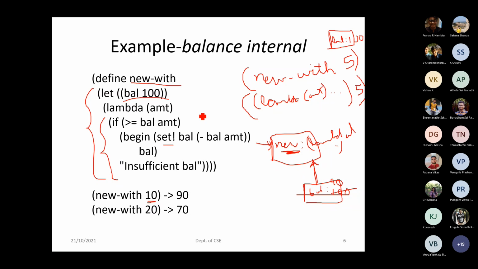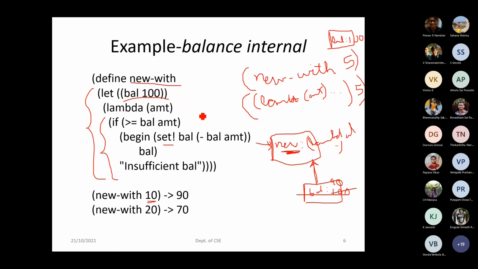It's the same as your for loop concept. When you are visualizing your for loop, when we say it's a loop, you are expecting all three parts of your for loop to get executed. But that is not what is happening, right? The initialization will happen only once, the first time when you are entering the loop. After that, only your condition, your increment part, and the body of the for loop will be working. So it's the same concept. The first time when you are calling this new withdraw, it allocates the local variable. Since it is a local variable, it creates that.